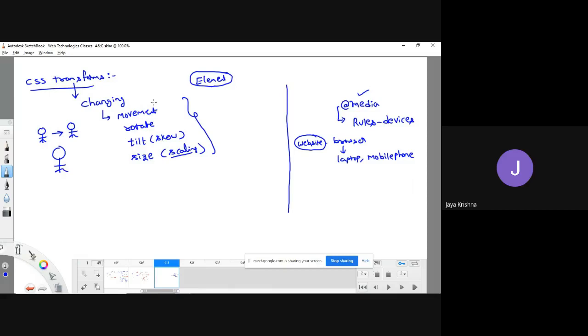The general meaning of movement is moving from one position to another position. Rotate means rotating either in a clockwise direction or in the anti-clockwise direction. Skew means just a small rotation. Size means increasing or decreasing the size, which we call scale.